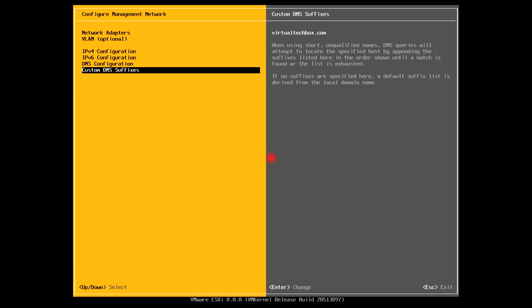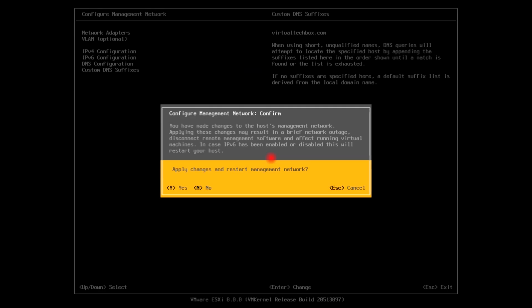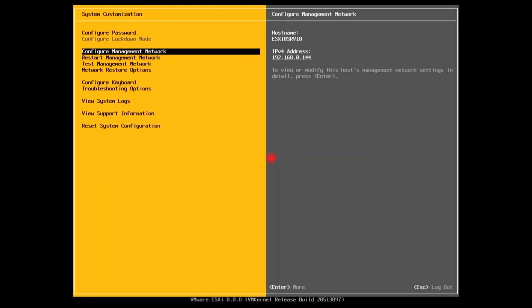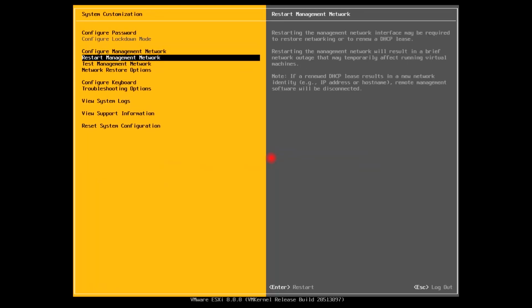I will click escape. I will press Y to restart the management network. From this option, you can restart the management network if it is required.